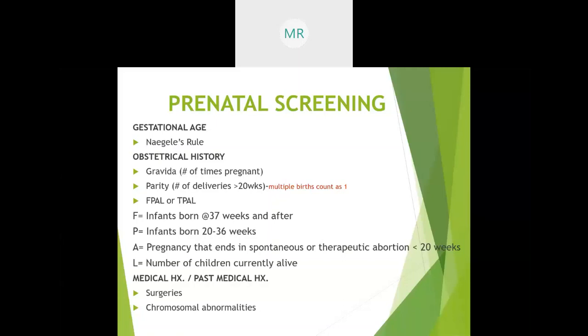GYN history is important under medical history and past medical history, and that's last PAP, was it abnormal or not? Prior infections, STDs, sexually transmitted diseases are important. Previous surgeries, menarche, the regular duration, when they started their periods, dysmenorrhea, and contraception is important,